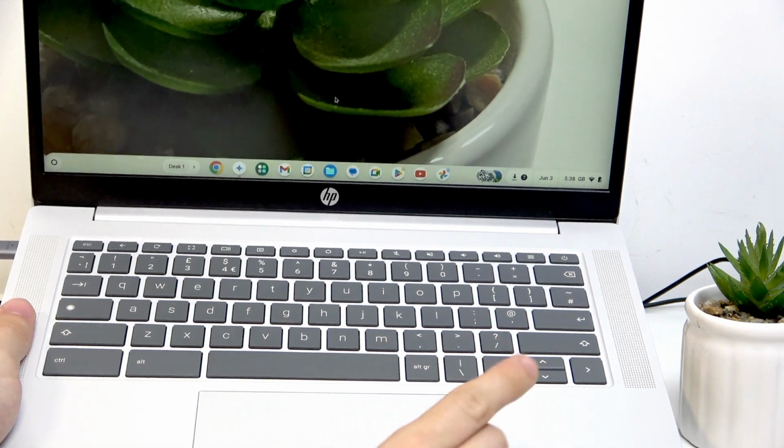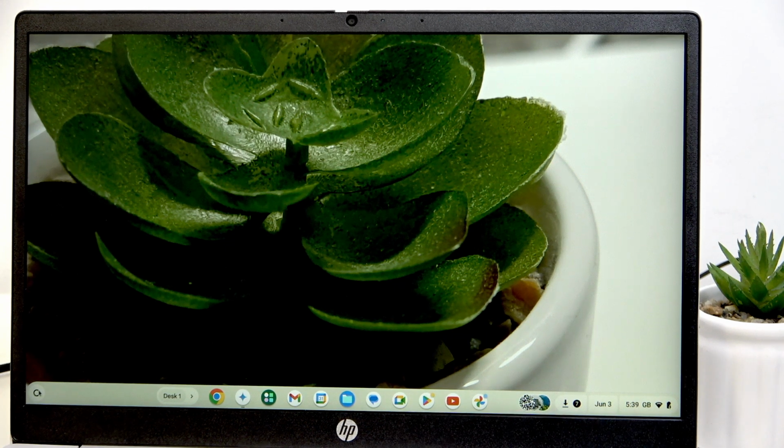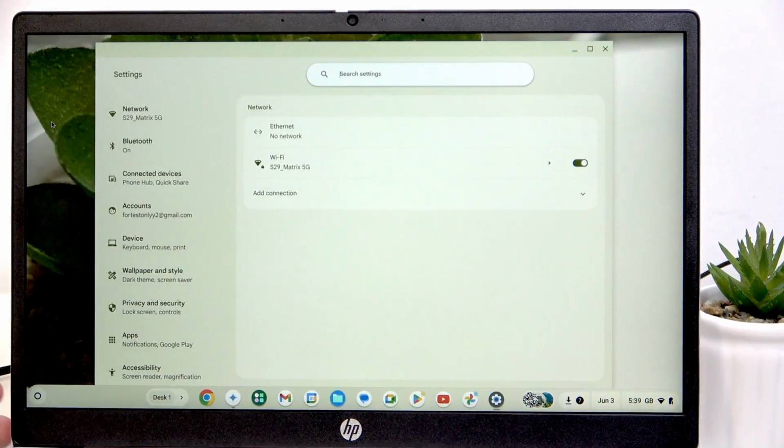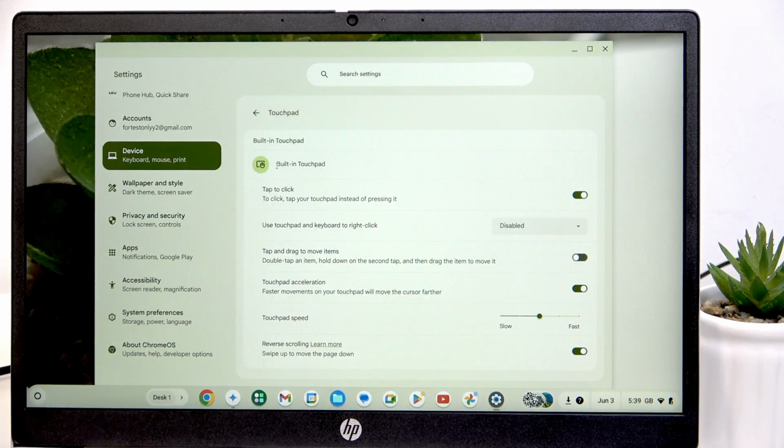Clicking in the bottom right corner doesn't work by default, but I'm gonna check it now in the settings if we can do it, because I know that some prefer to actually click on the bottom right corner of the touchpad instead of tap with two fingers. So if you go to settings, then device, then touchpad, you can see there is an option to use touchpad and keyboard to right click. So no, you don't have the option to click with the bottom right corner of the touchpad, but you can